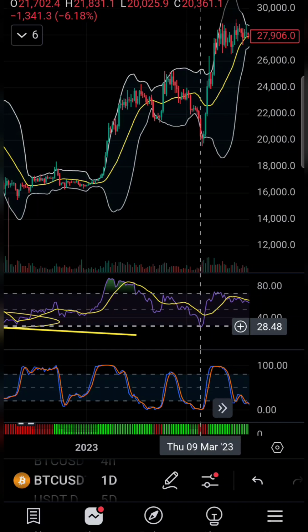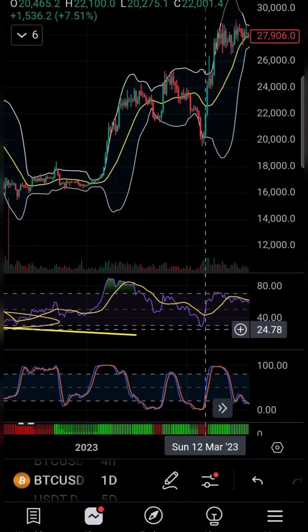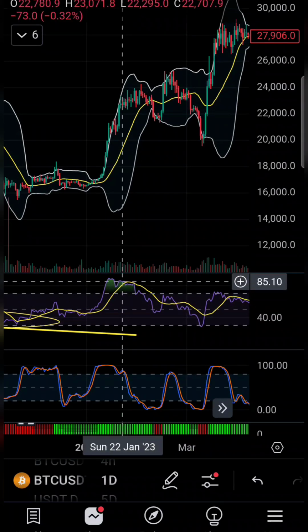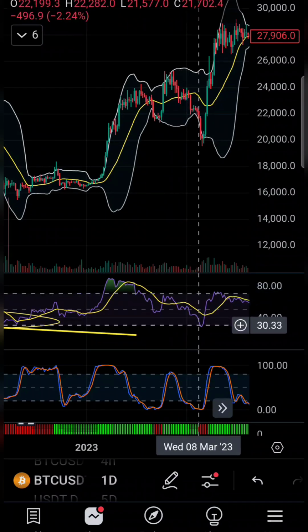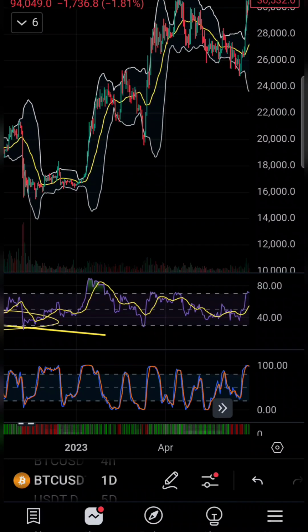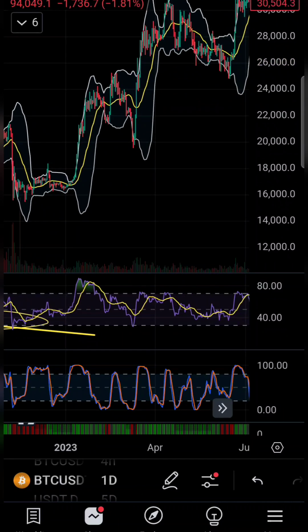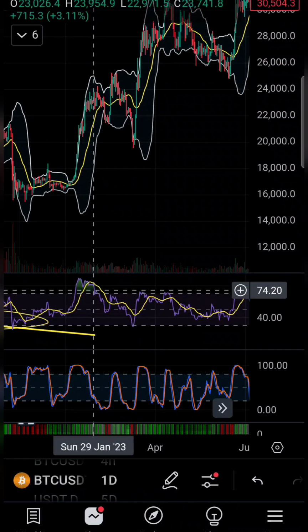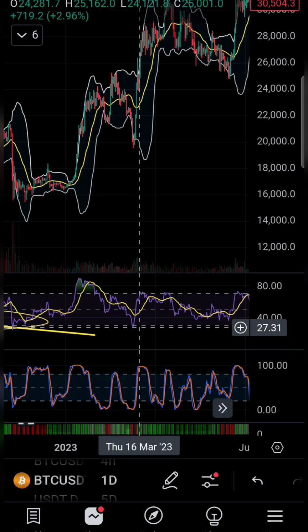This is the first instance where I see Bitcoin in a bull market environment that it went from extreme overbought to extreme oversold. You can follow my cursor. So in a bull environment, it seems rare for Bitcoin to go from, pay attention to what I'm saying, extreme overbought on the daily time frame to extreme oversold. And on the weekly time frame, it's even more rare.